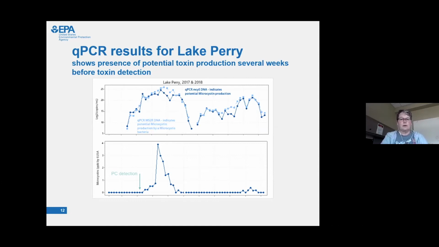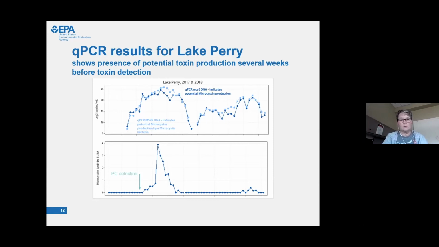Okay, so here again, you've got the ELISA graph there on the bottom. You see I marked where the phycocyanin detection was. And then we're going to look at the qPCR results there at the top. So this is going to show us the potential for toxin production. It's a gene sequence that shows us that there's a sequence there in the water, in that DNA, that we could have toxins produced. And Xingrang used two different